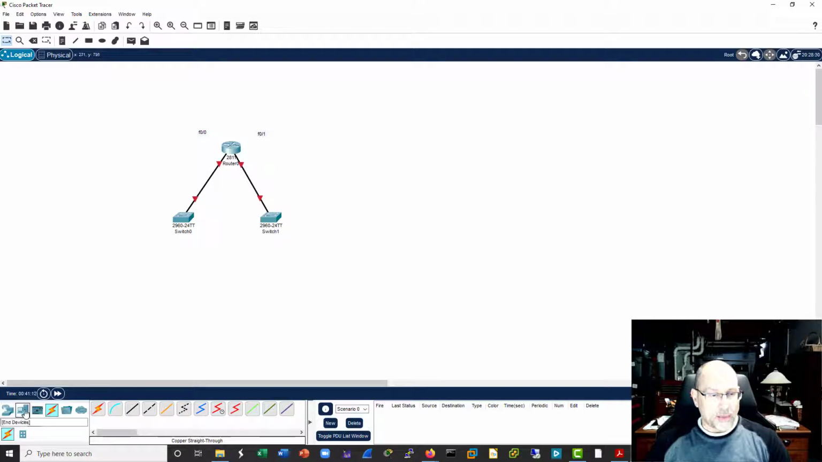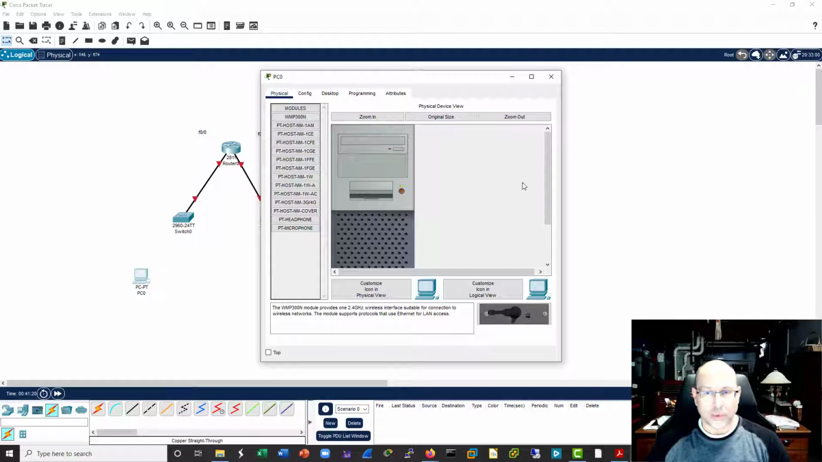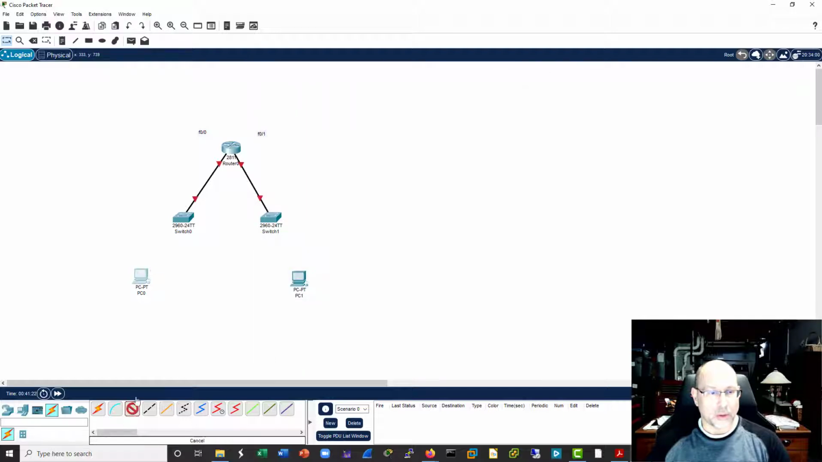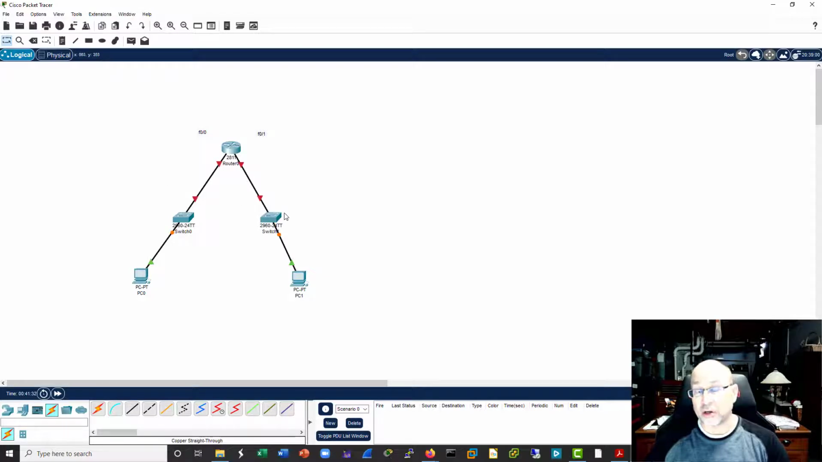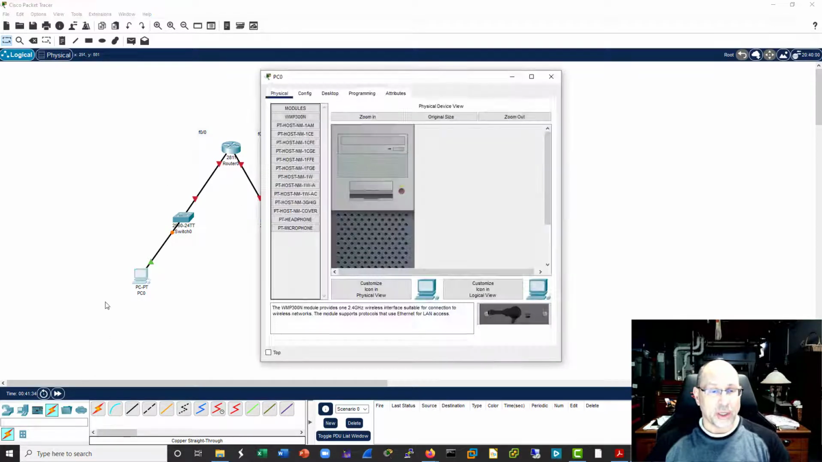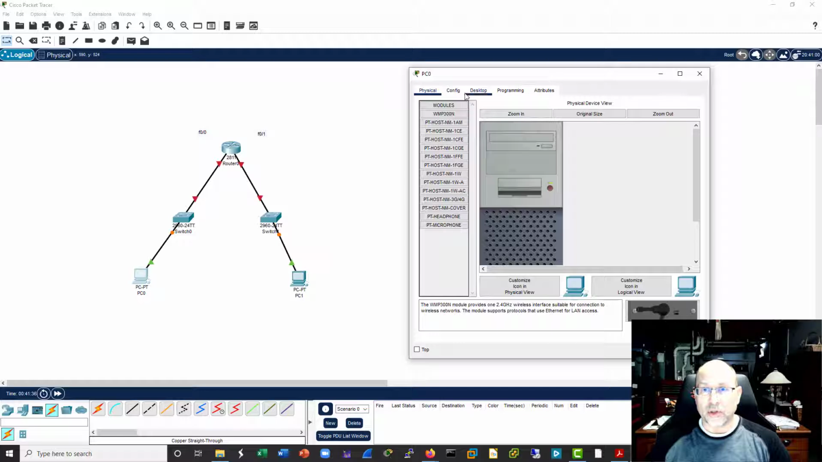Then we'll add a couple of PCs, like this here. Now the switch interfaces will come up quickly because they are on automatically, but you can see that the router interfaces are not up and running. And I am just going to create a